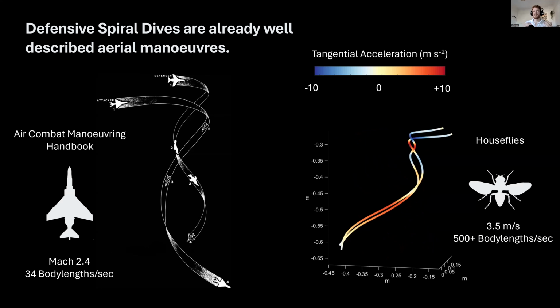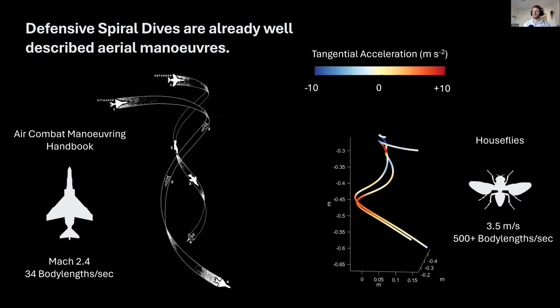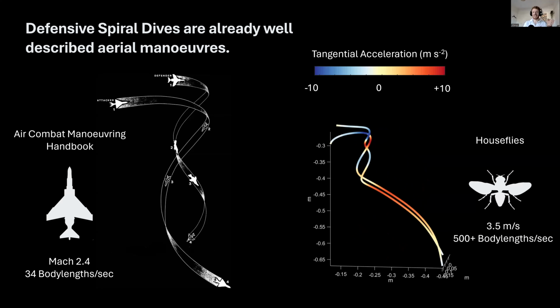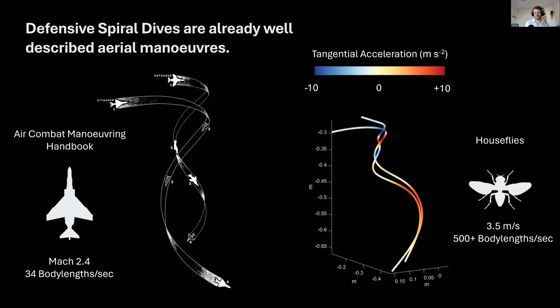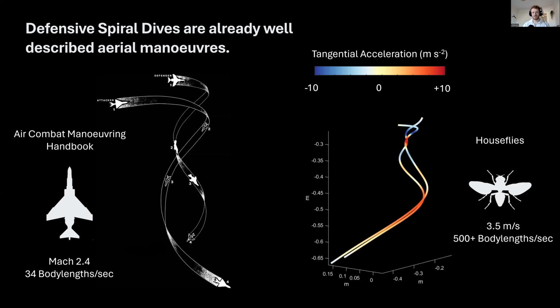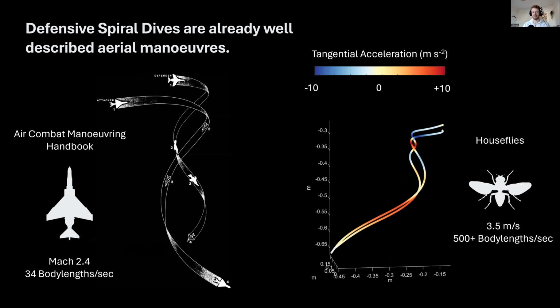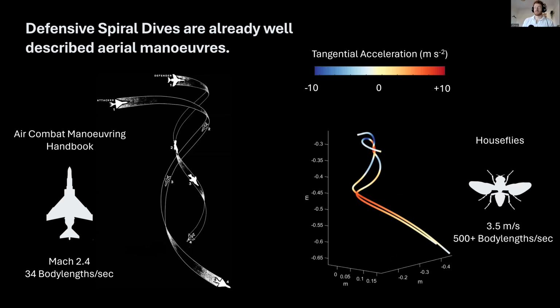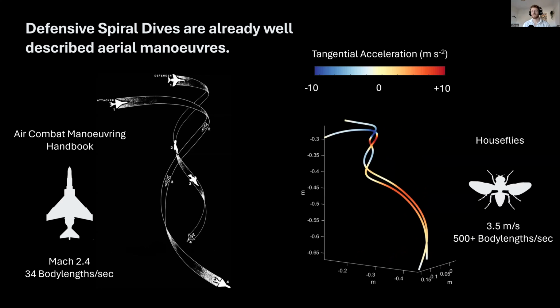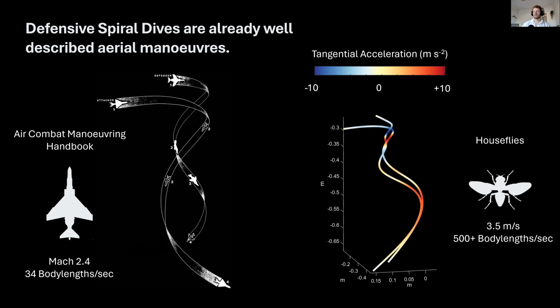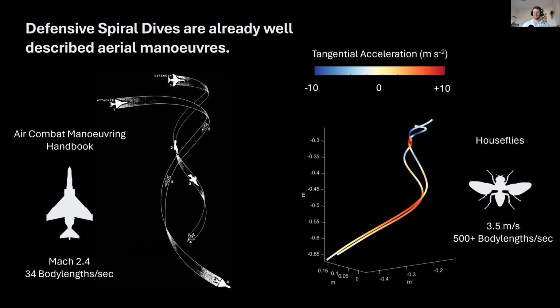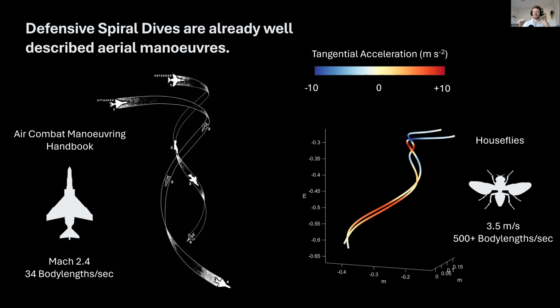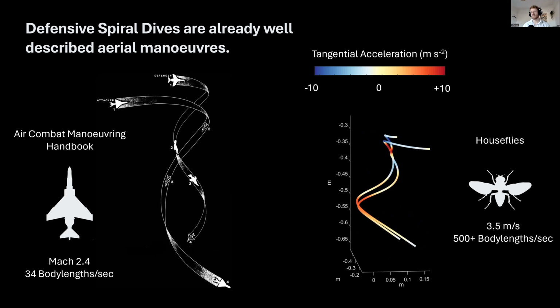And it's because there's only so many ways in which to solve this problem, which is somebody sitting on your tail and you don't want them there, you want to sit behind their tail. But I find it astounding that you can have something like an F4 Phantom on the left, which might have a top speed of, I don't know, Mach 2.4 times the speed of sound, and a housefly who's only traveling 3.5 meters per second. And yet they hit on very similar solutions to the problem.